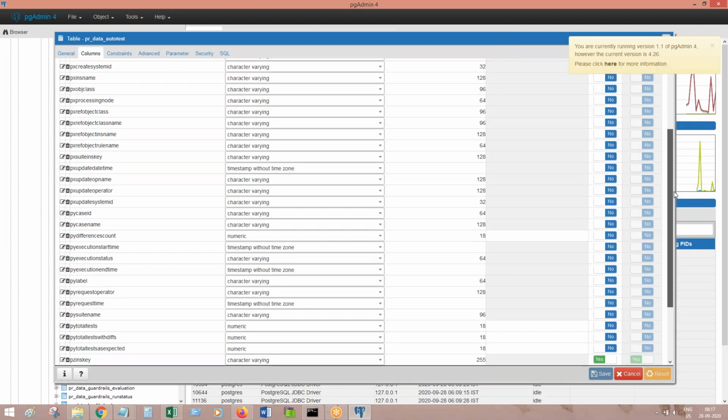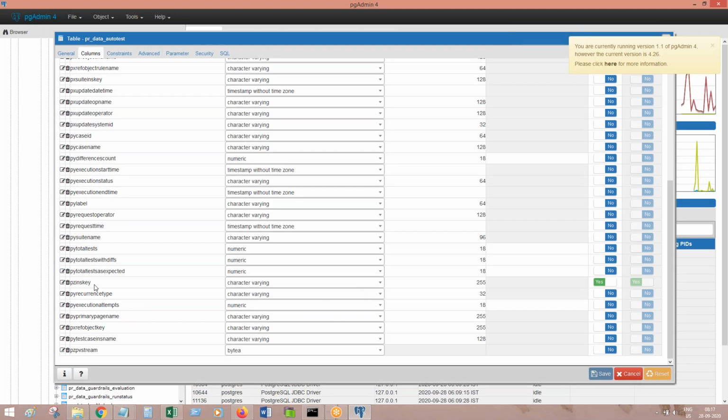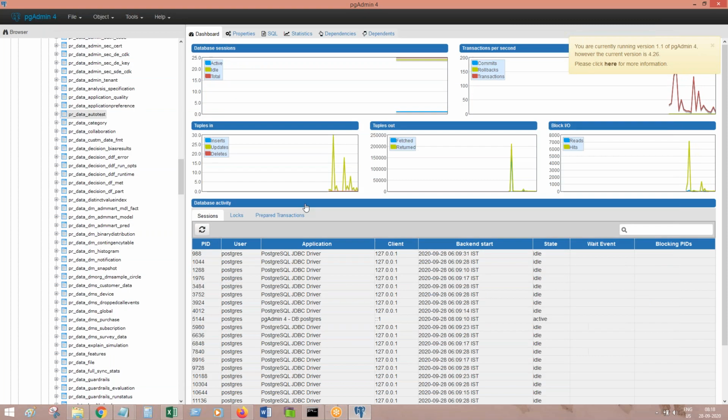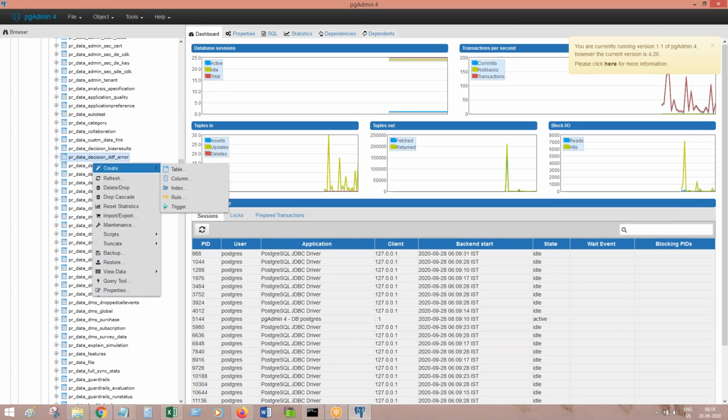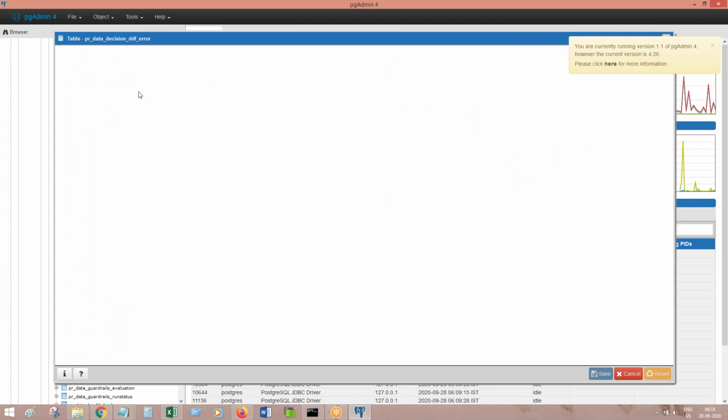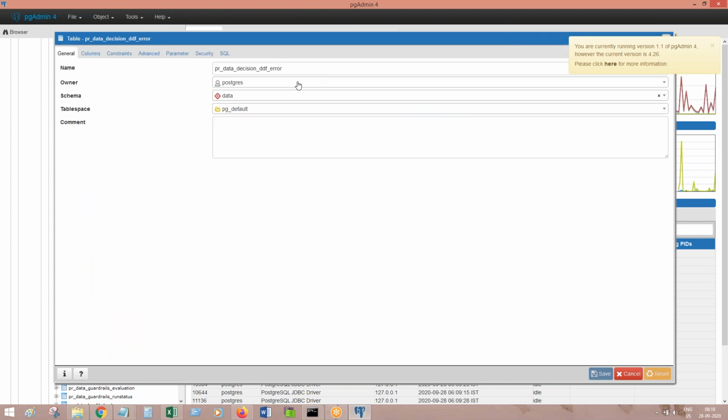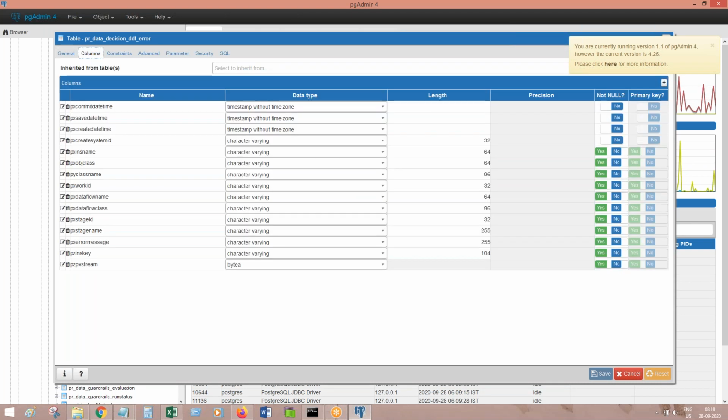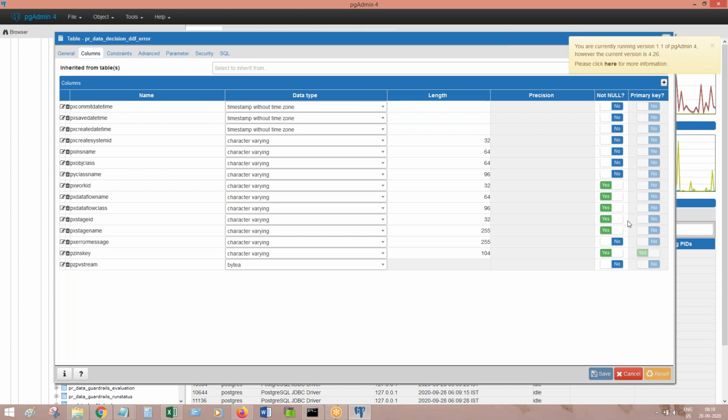Which column is the primary key column? You see here, what is the name of the column which is the primary key? pzInsKey. That is the column which is the primary key. Any table you go and see. I'm going to another table. Properties, columns. Why is it not loading properly?